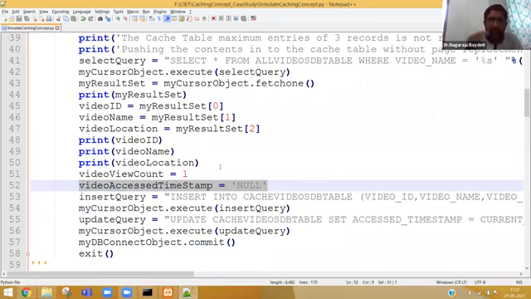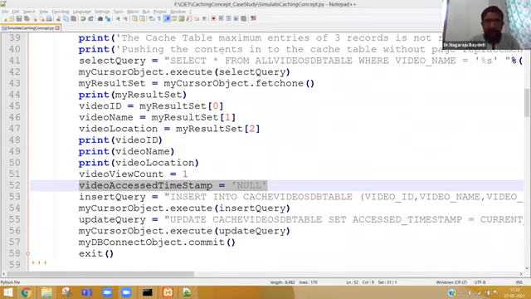Why am I taking it? I will explain. Now I have 5 values. What are those 5 values? This video ID, video name and video location come from the all videos data table for that particular video.